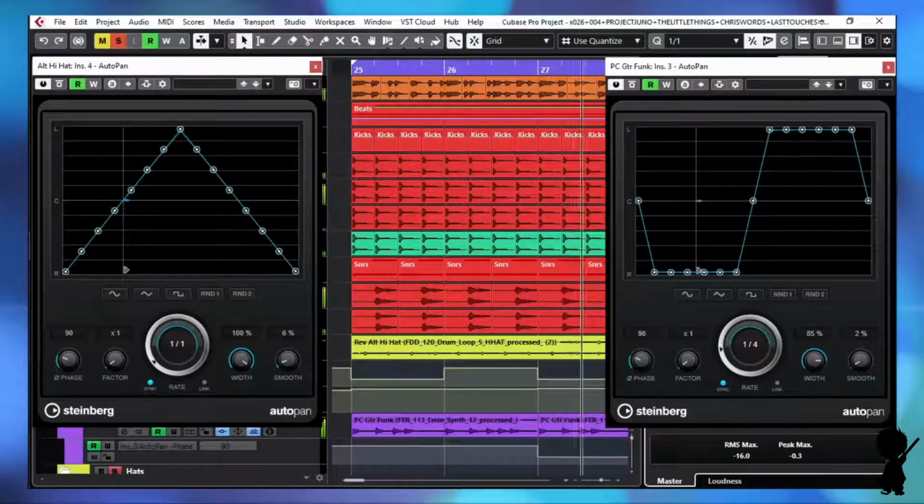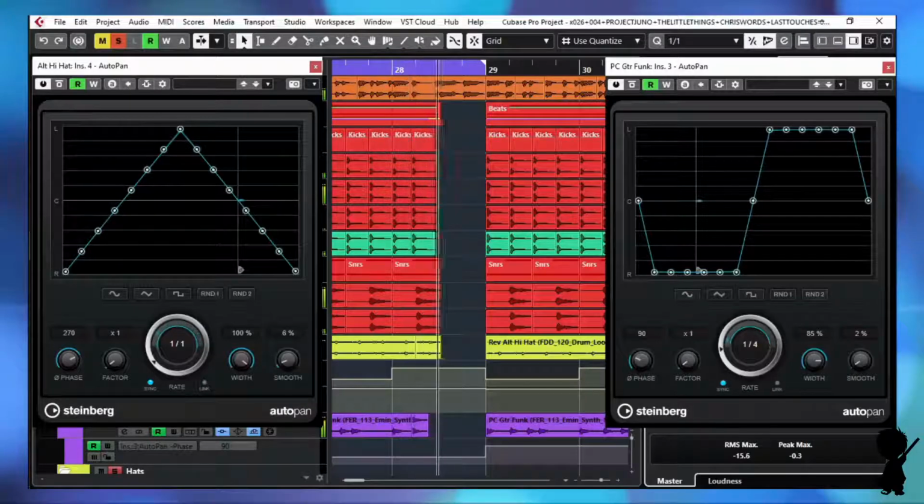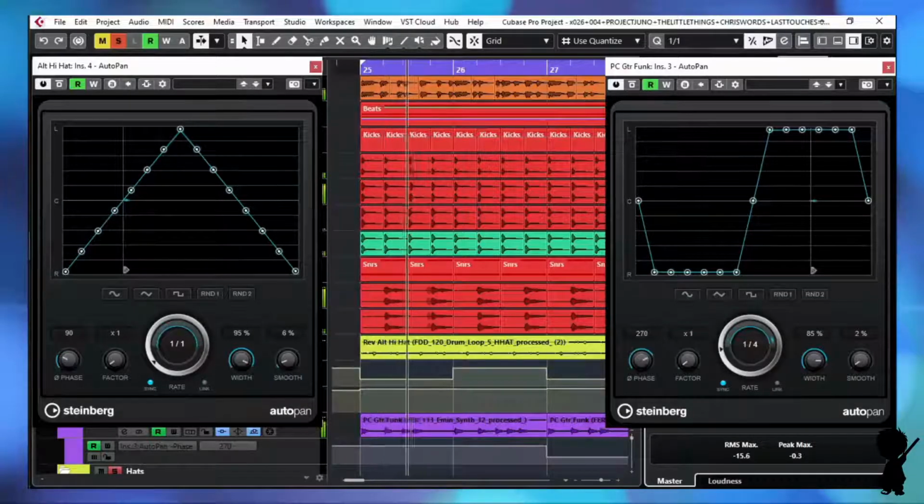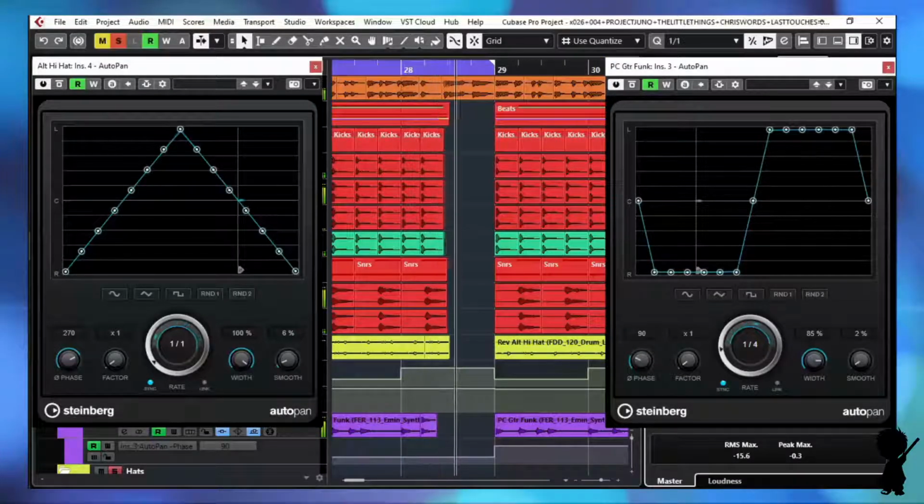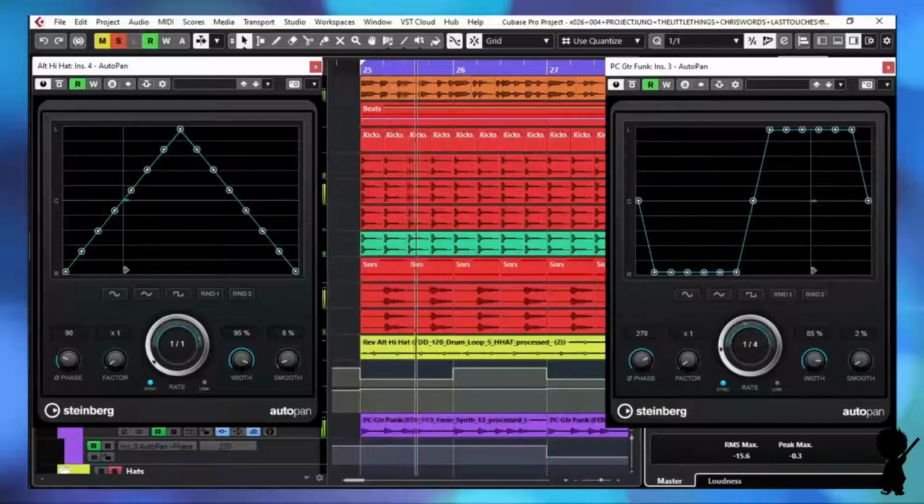Autopan is a great way of bringing some movement, some ear candy, some shift, and some variety and energy to your tracks. And when you include a little bit of automation, you can bring a further level and depth of variation and